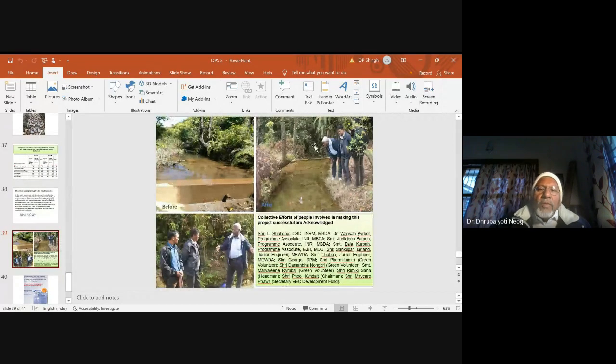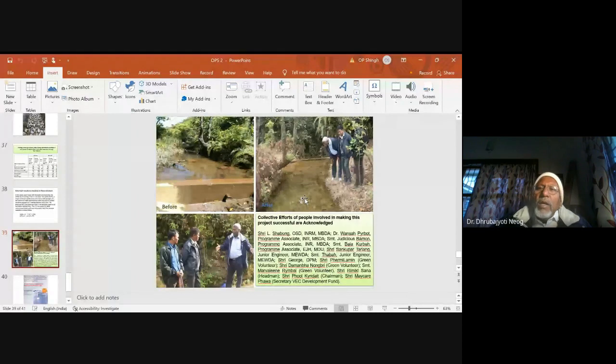You can see here the water is coming from the neutralized stream, and then we constructed a small reservoir. So water was collecting here, and after two to three months, some animals also appeared: two species of fish and some insects. Since the water became neutral, slowly the fauna also appeared, and the pH of the water was continuously more than 6.5,